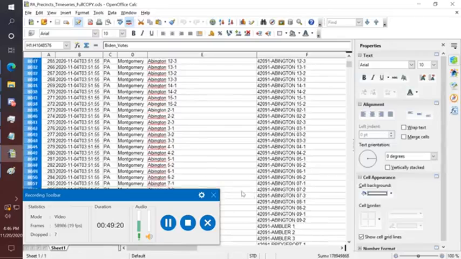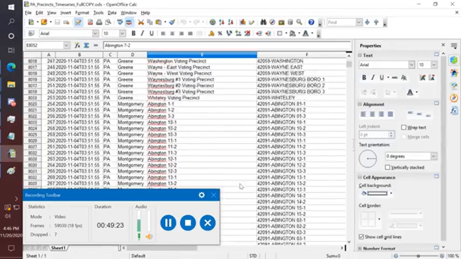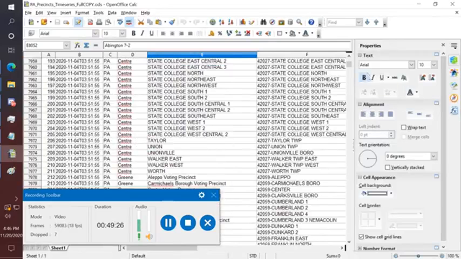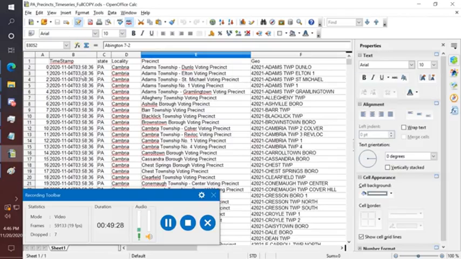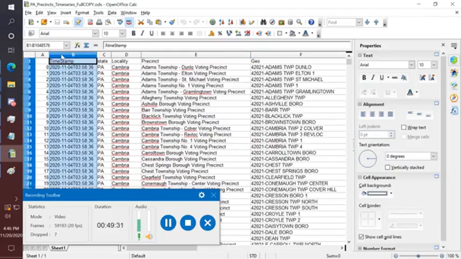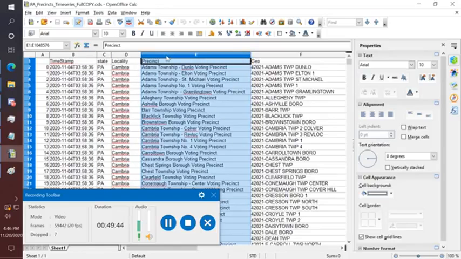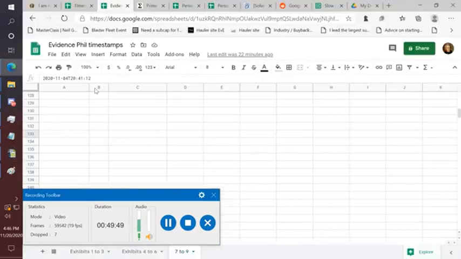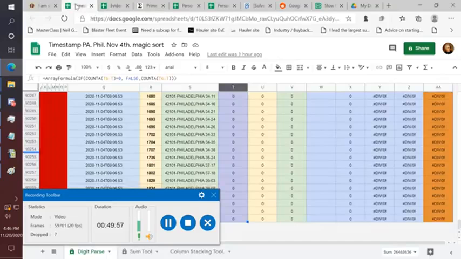Like I said, when you get the file, you want to sort it first. You want to sort it by time, the initial file, and then by the locality, and then by the precinct. Then you'll copy and paste the dates you want. So you want all of Pennsylvania, you want all of Philadelphia on November 4th. That's the segment you want after you sort it